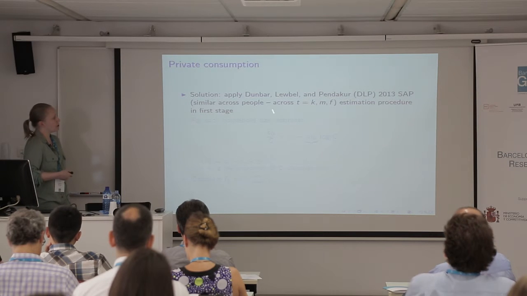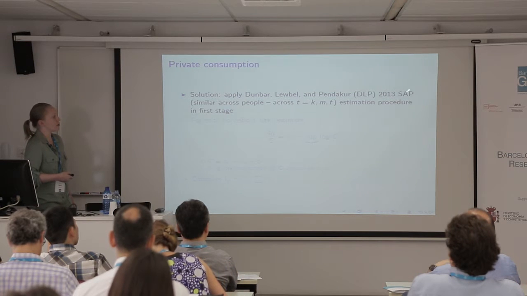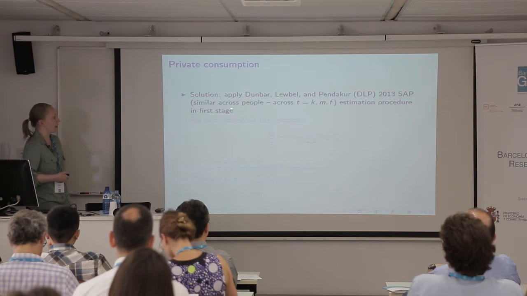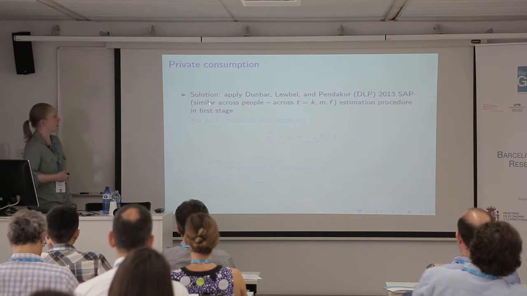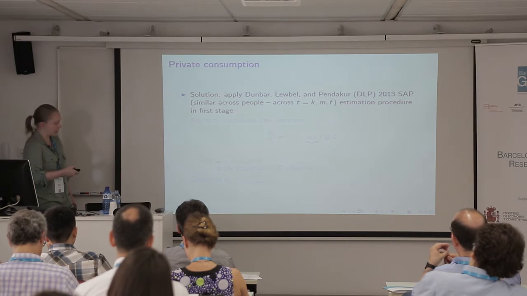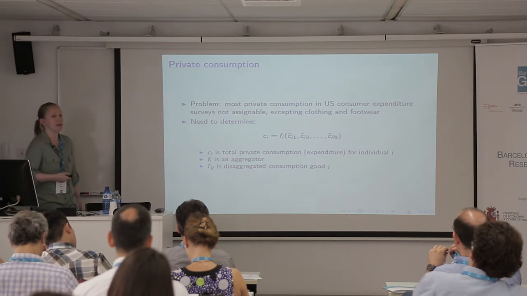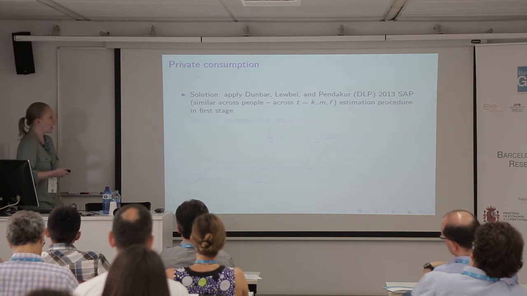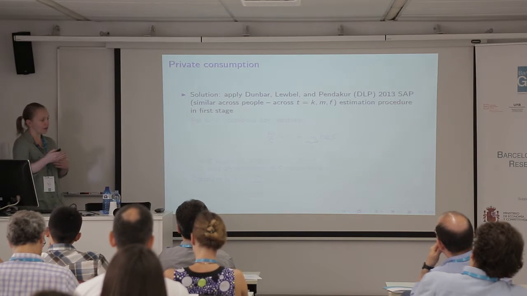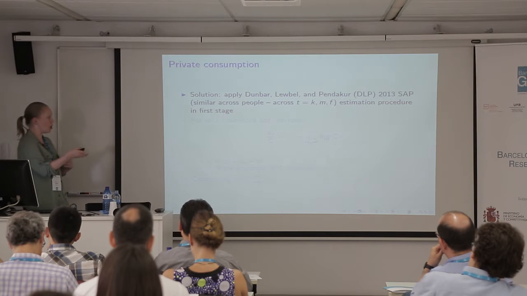So what I'm going to do is apply the Dunbar, Lewbel, and Pendakur approach. They use an SAP restriction, which implies that preferences are, in a certain respect, similar across people. So what that basically implies is that the preferences over this function here must be of a PIGLOG nature. It also implies that there are Engel curves, where the budget share is a linear function relating